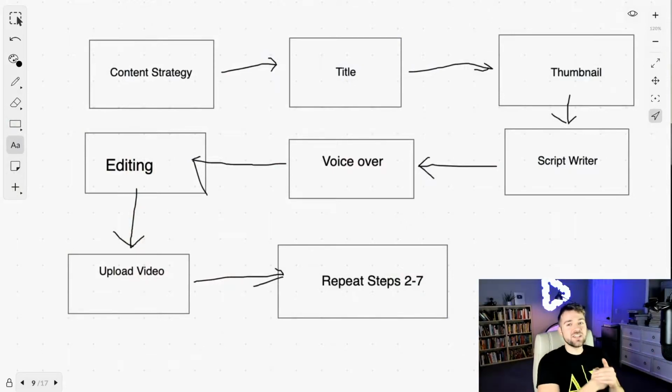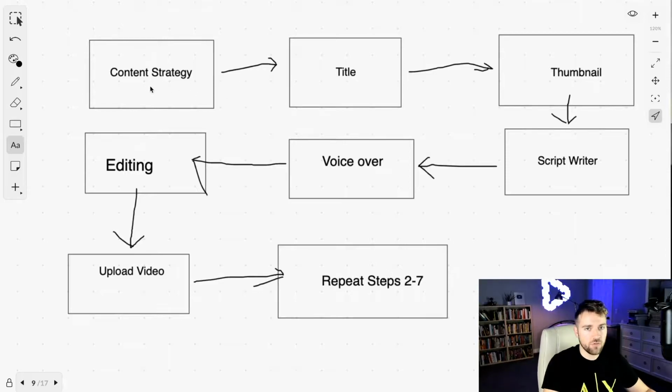So this is the process. What you're gonna do is, like I said, this is the most beautiful chart that you're ever gonna see. Start off with the content strategy. This is the most important part. None of this other stuff matters at all. Literally, you can delete everything else if you have a shitty content strategy. So make sure that you have a really good content strategy for your production, and then everything else just falls into place. I'll talk about what I mean by content strategy in a second, but